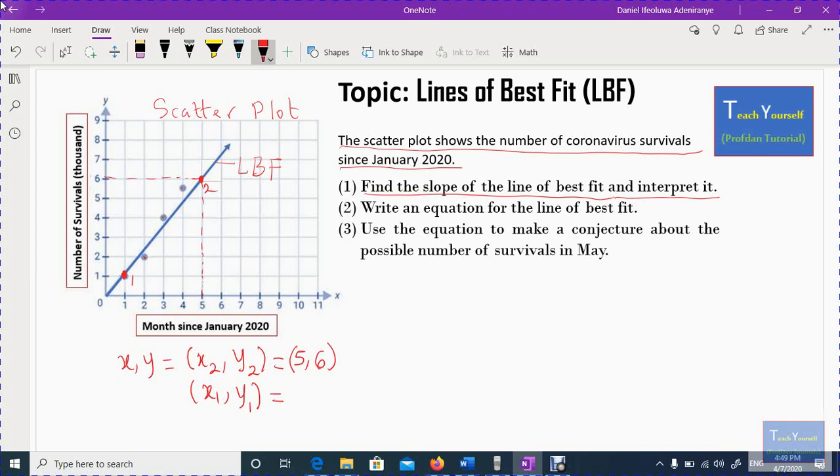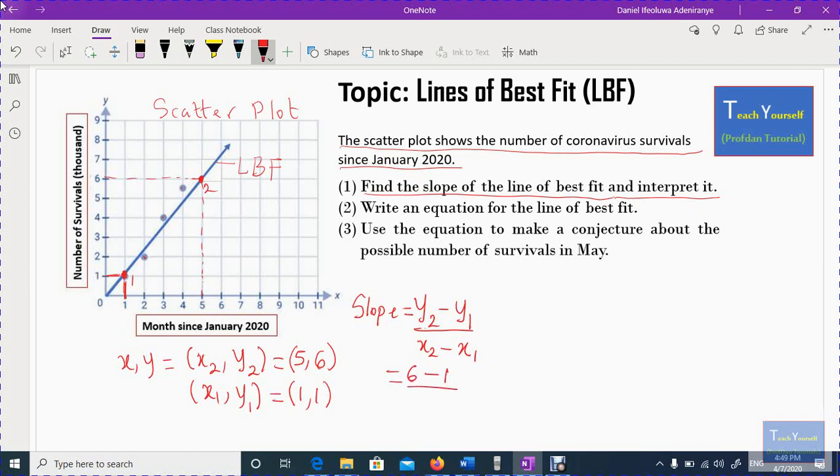The corresponding value to the y-axis is 1, and the corresponding value to the x-axis is also 1. So we also have 1 comma 1. With this value, you can find the slope. Recall the formula for slope, which is what we just did: y2 minus y1 over x2 minus x1. That gives us our y2, which is 6, minus y1, that is 1,